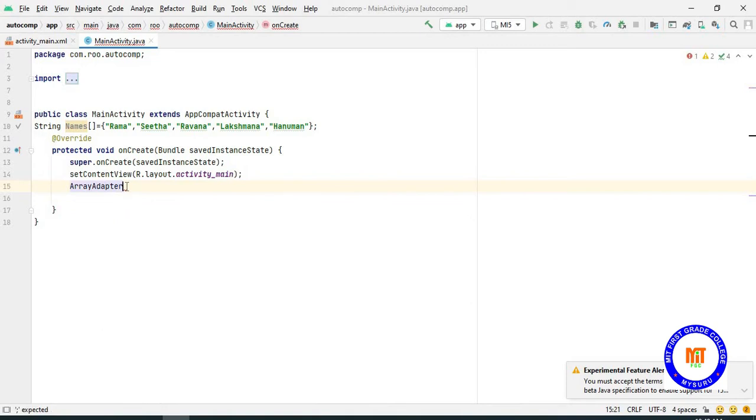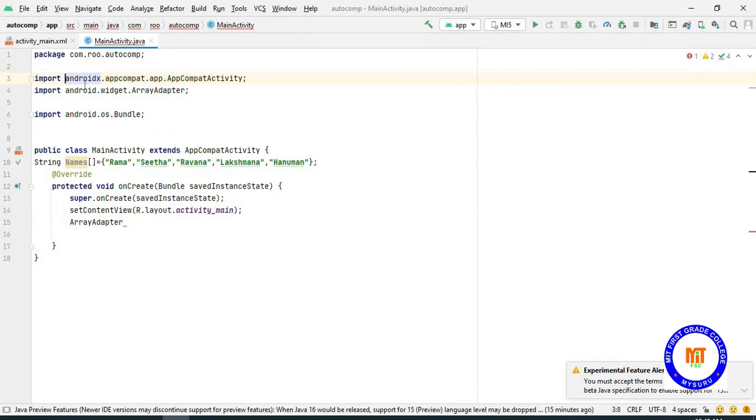If it is not available or if it is showing a red line, then you have to press Alt and Enter, and check whether it is imported. If it is not imported, just type import android.widget.ArrayAdapter.